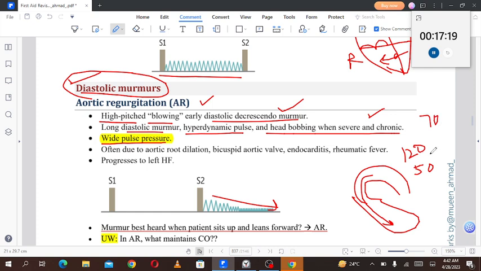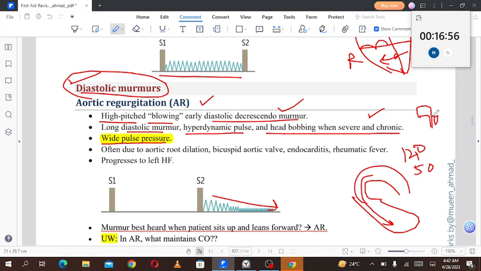And secondly, because the diastolic blood pressure is decreased, the sympathetic activation and the RAS activation will cause the systolic pressure to be increased further. It will become something like 140. So now this pulse pressure has come all the way to 90. The pulse pressure is widened. The widened pulse pressure will be seen. On top of that, if you draw a graph of the aortic pressure curve,